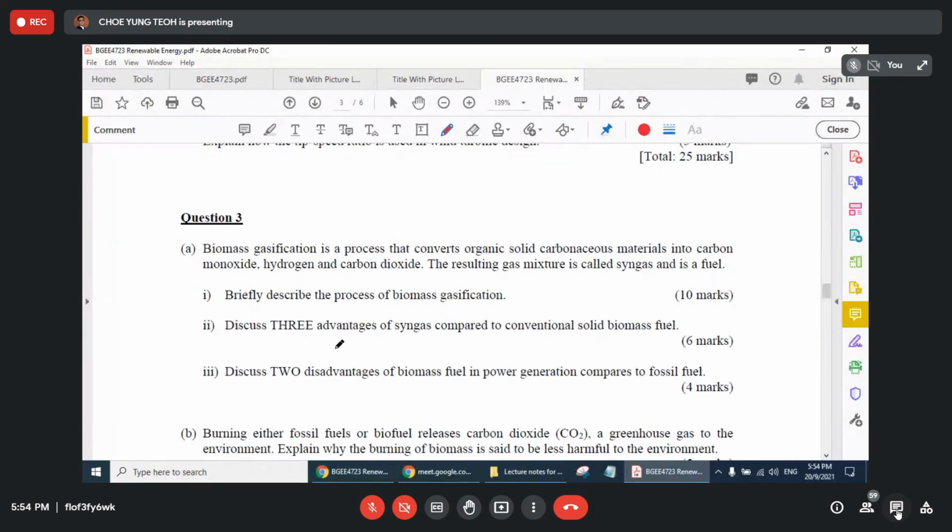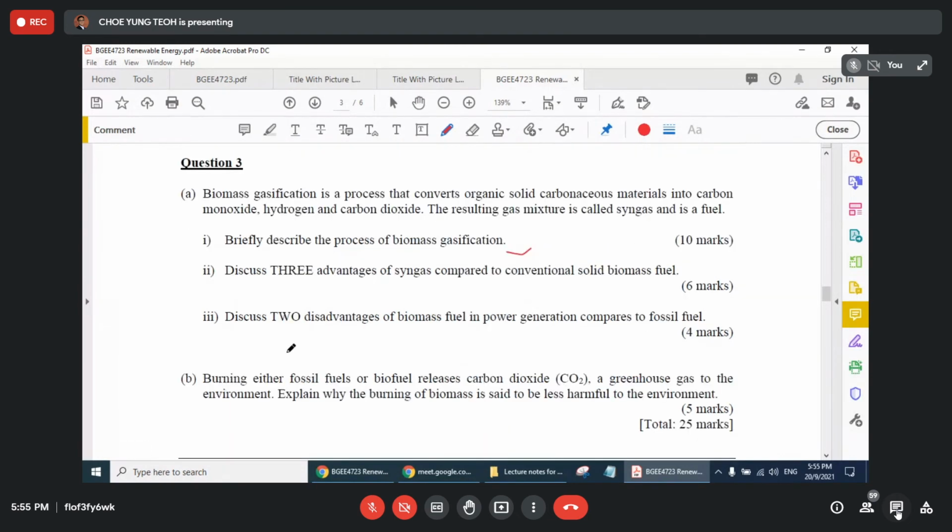Okay, so the process, we have drying, pyrolysis, combustion, and reduction. And if you can, you can draw out the process, and in each process, what it is actually doing: drying, combustion, pyrolysis, and reduction. We covered this repeatedly, so you can just go through it. And then next one,